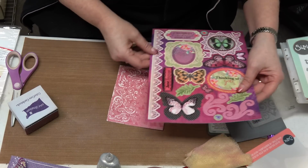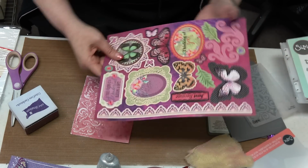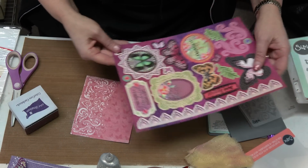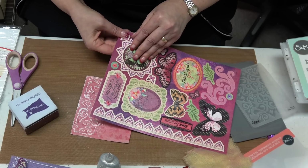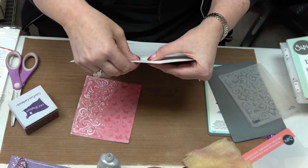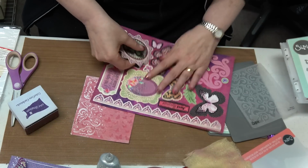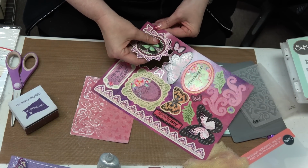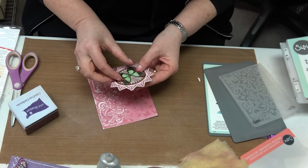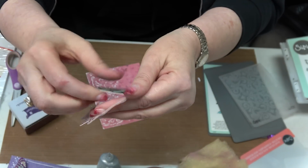I can come back over and I can decide what else I want it to look like, what more I want to add to it. Do I want to pop things up? Do I want to pop things out? This one's super cool. Some of the things that you're able to pop out have a 3D element to it. So this one, I could pull this off